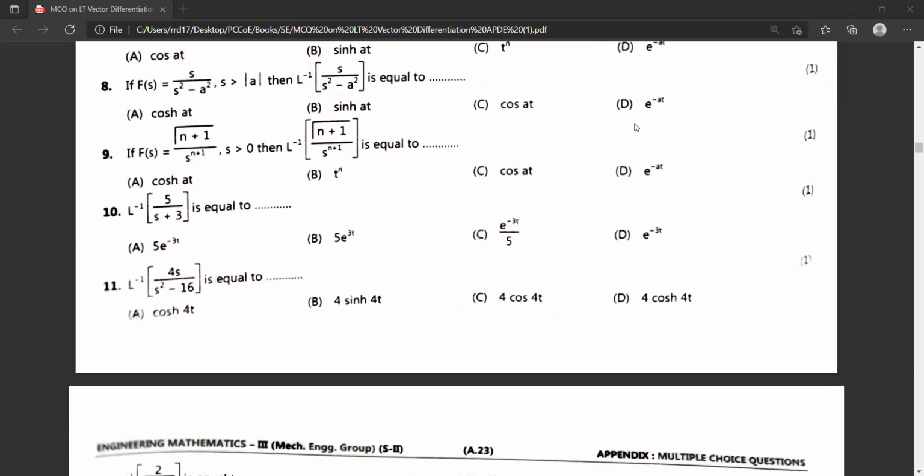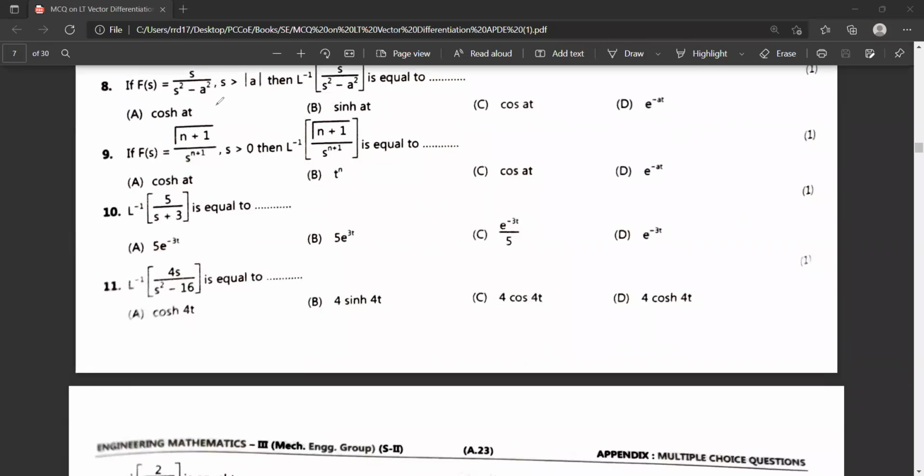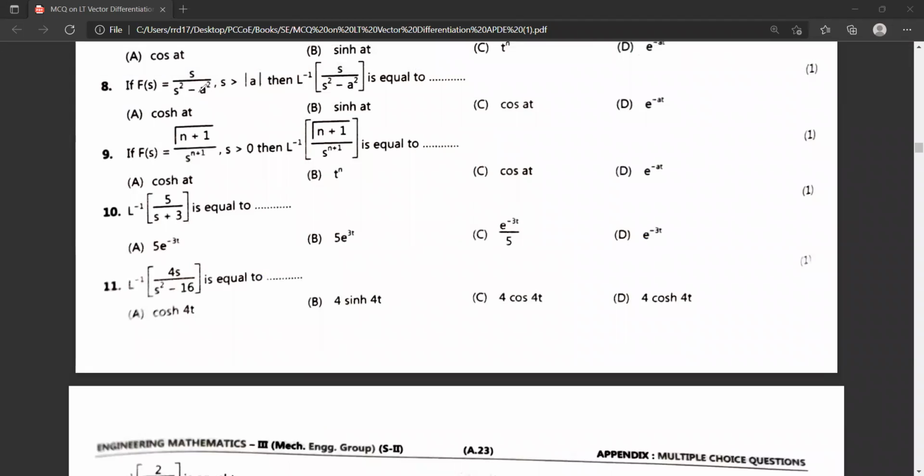Now here, if there is a negative sign, the formula is of sine, but there is a negative. So whenever there is a negative, we used to take sine hyperbolic. Correct? Now we know that it is the Laplace transform of what? This is the Laplace transform of t raised to n. So the inverse Laplace of this is going to be cos t hyperbolic 80 पाहिजे ना answer 8 चा.